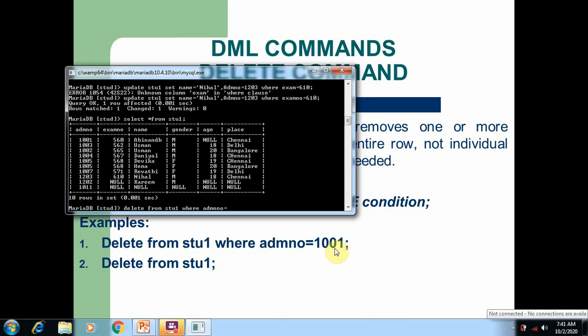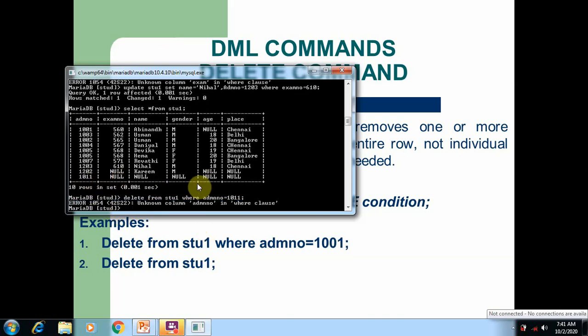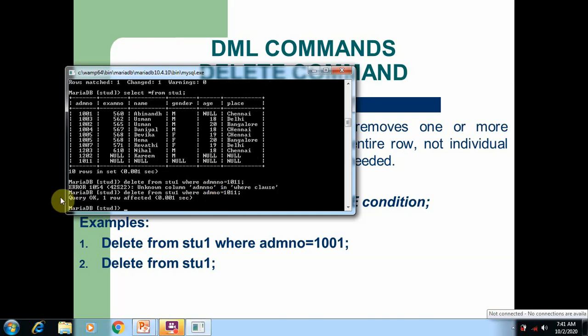Now I'm going to give the admin number 1011. I'm going to delete this last row, 1011. Unknown column admin number, so ADMNO. Change that name. So here you can see query OK, one row affected.